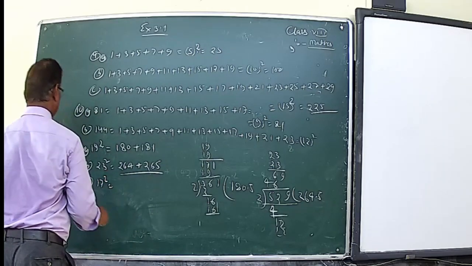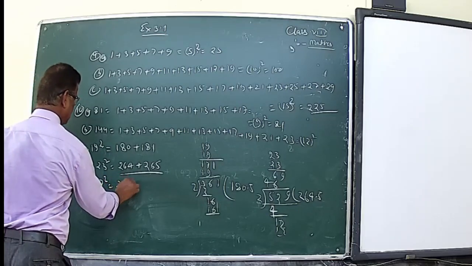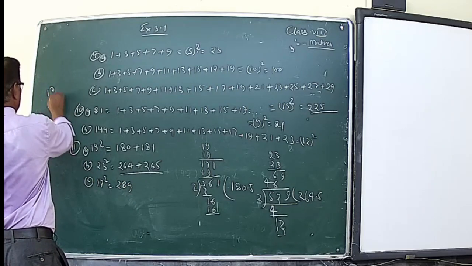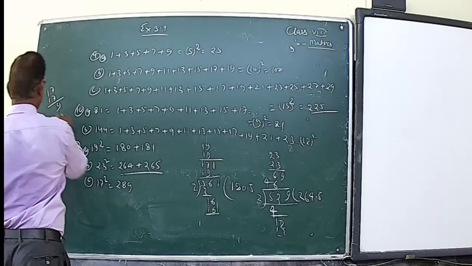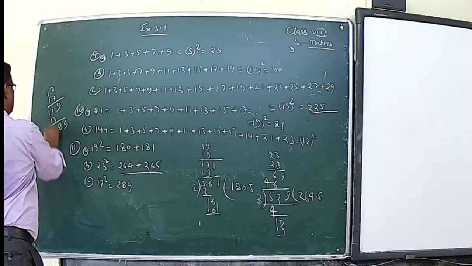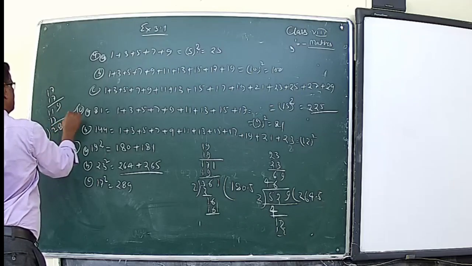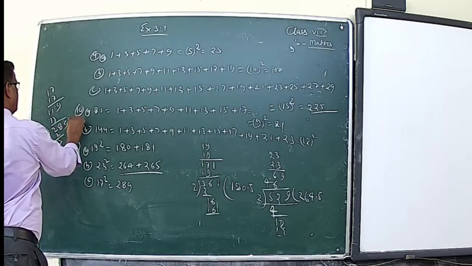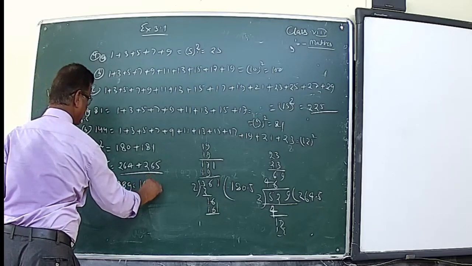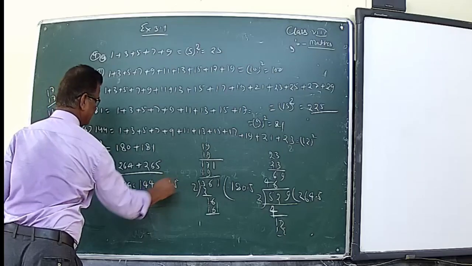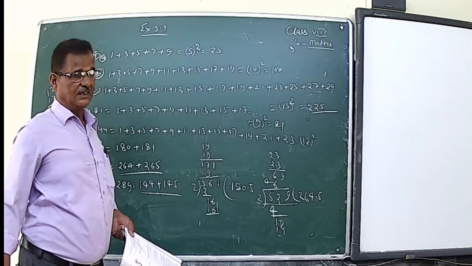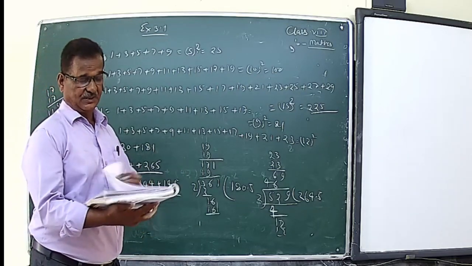One more. Similarly, if given 17 whole square, that is equal to 289. Divide by 2, and that is coming 144.5. Then this can be expressed as 144 plus 145. So this way we can express the square of an odd number as the sum of two consecutive natural numbers.